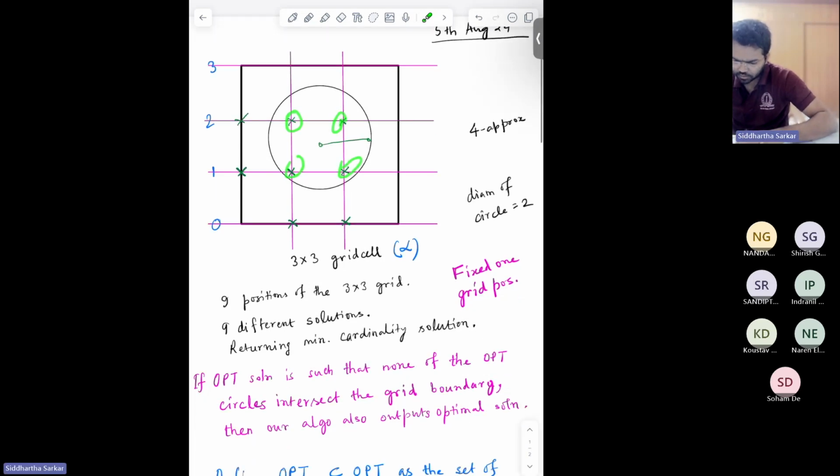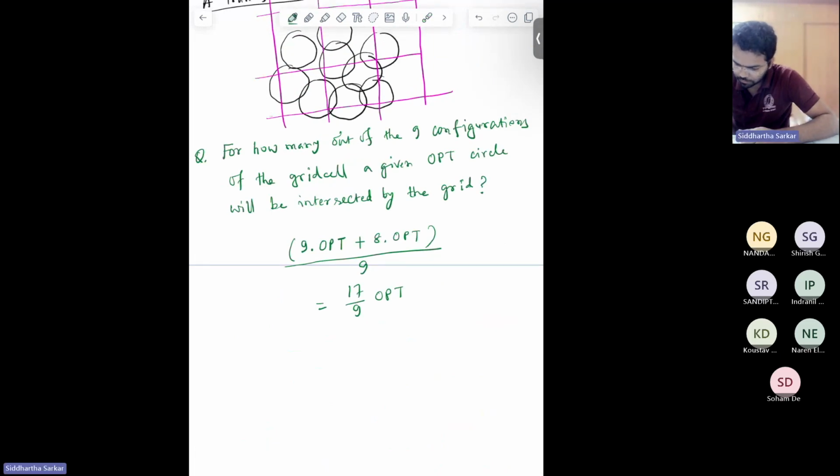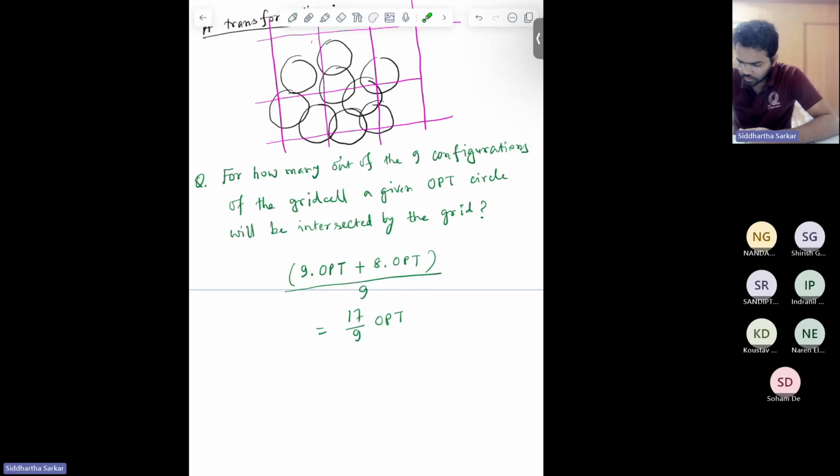So let us update what we said. So 9 into 1 time plus 8 positions 2 times plus remaining 4 positions 4 times. So additional again 2 into 4 OPT. So 4 positions, additional 2. So within this we have counted once for every circle. But within this we are counted additionally once for 8 circles. But now for all these 8 circles we have already counted twice. Now additionally for the 4